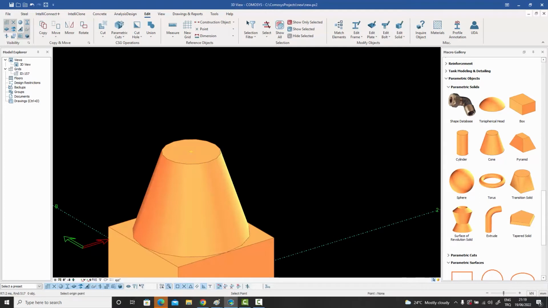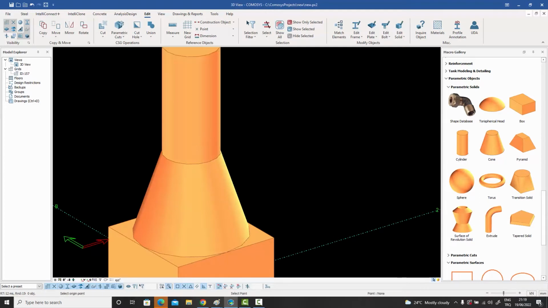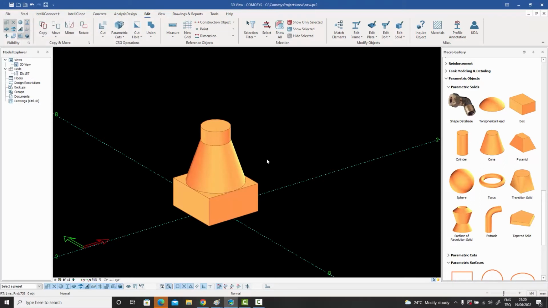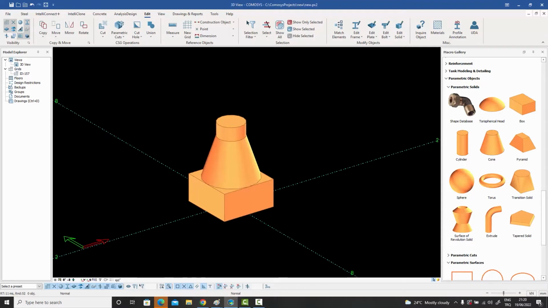And on top of this, I can put a little cylinder. And then what I can do is I can double click on this one and give it a shorter height. For example, let's give it a height of 50. Obviously, they're all parametric. You can keep on doing. You can create much more complicated shapes. So I don't want to waste time on that. But the idea is that once you're satisfied with the shape,